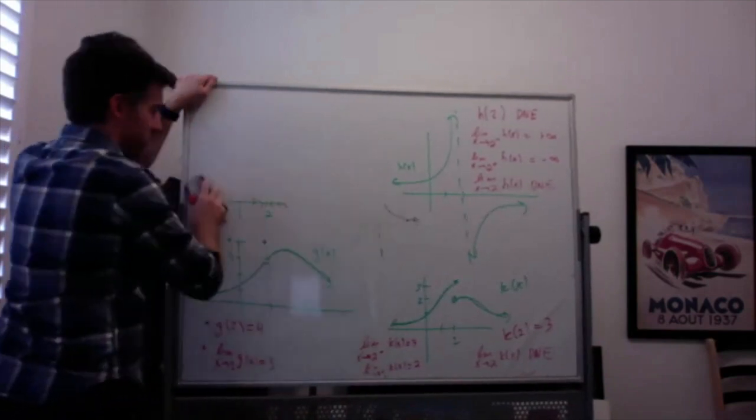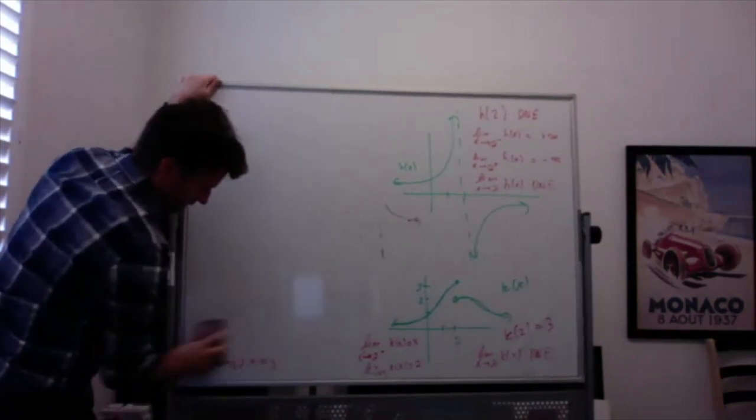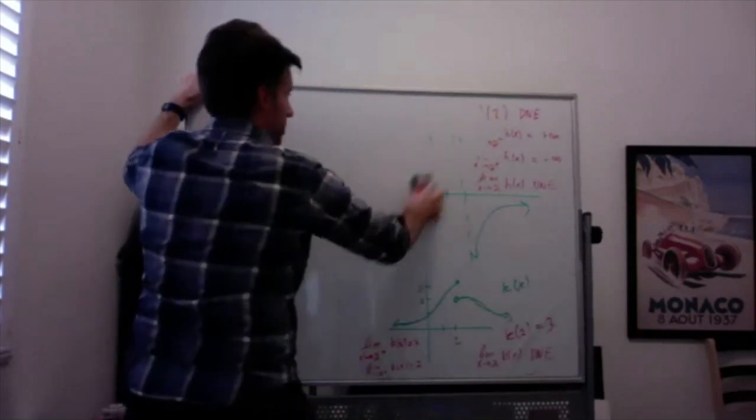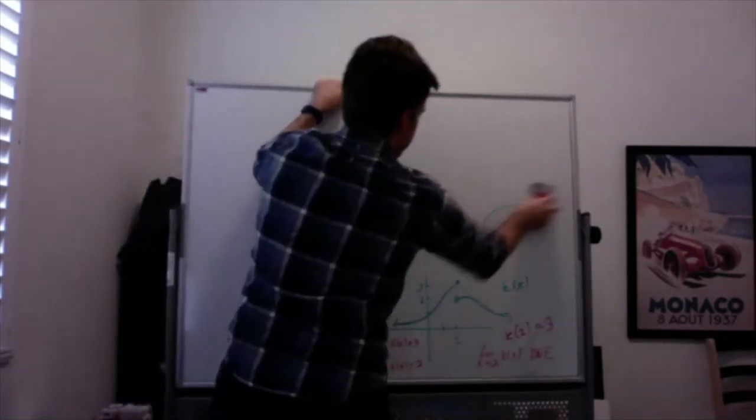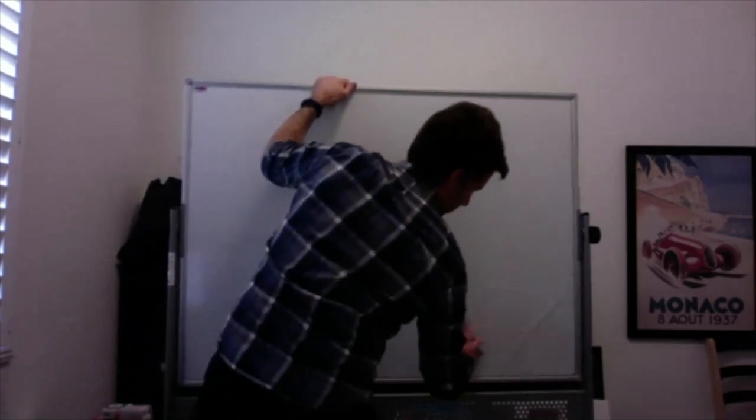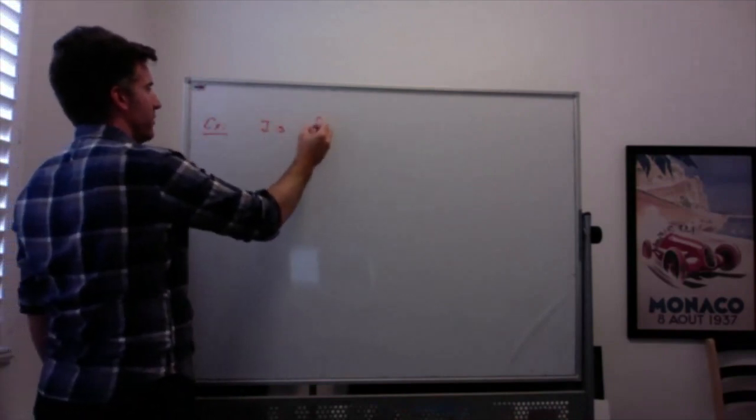Often, these examples of continuous or not continuous functions are written as piecewise functions. So here's an example. Is this function